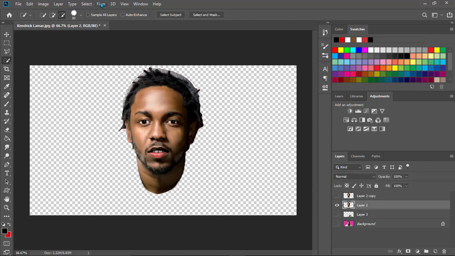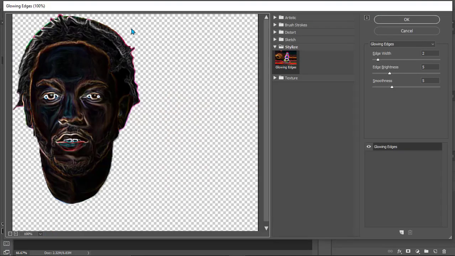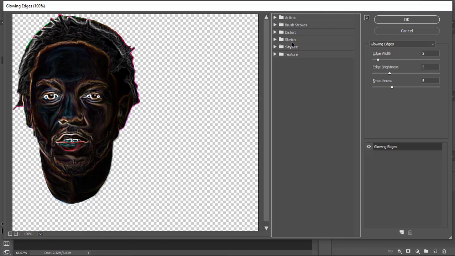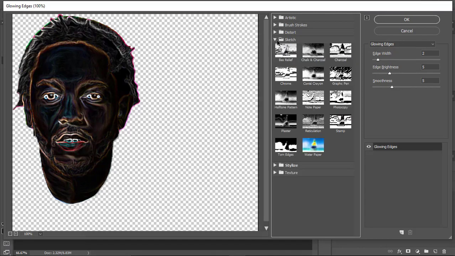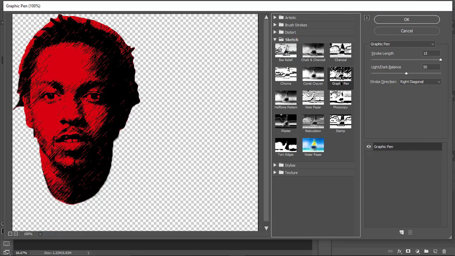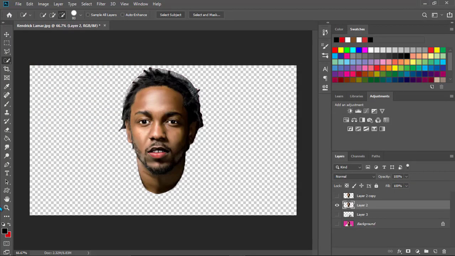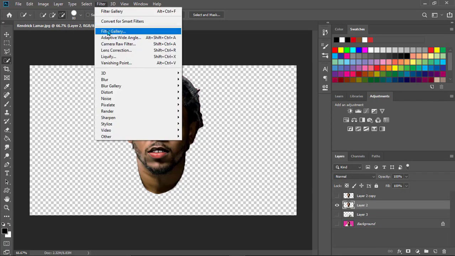copy. Click on filter and filter gallery. You may find your suggestion, but for the sketch, I'm going to use the graphic pen. As I told you, make sure that your background color is white. You can just simply press D to reset it to default. Let's get back to filter gallery